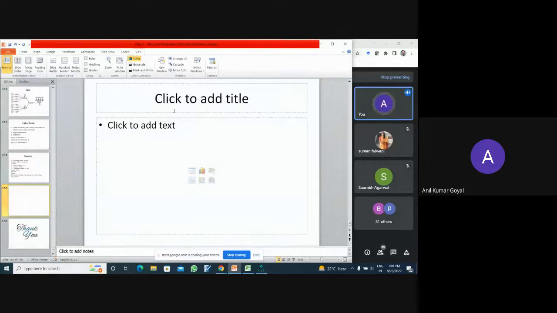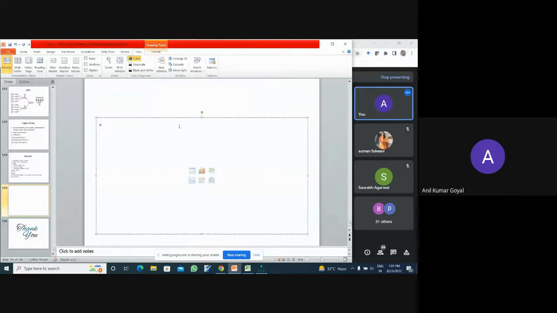Now, come to next. Next is model fit indices. Point number 3, model fit indices. Under model fit indices, there are two parameters. One is